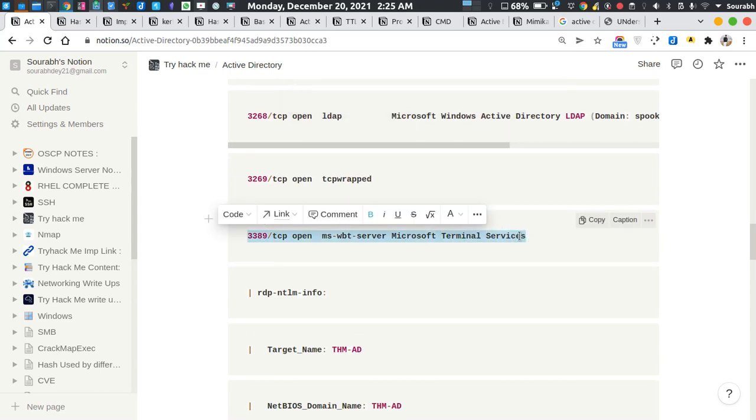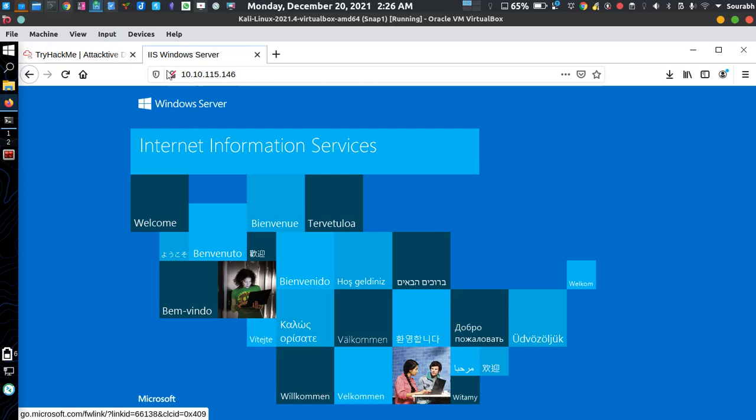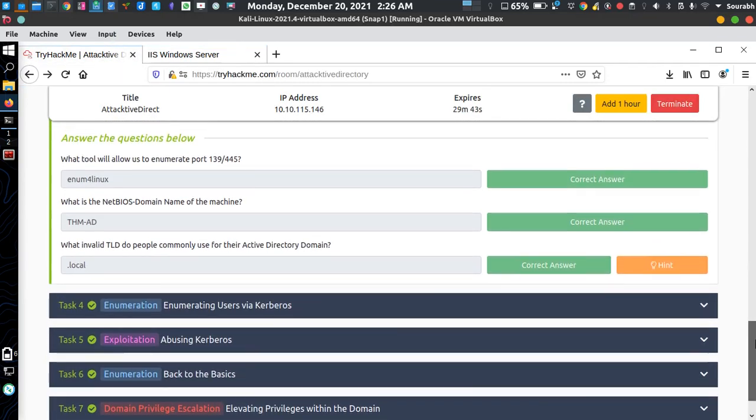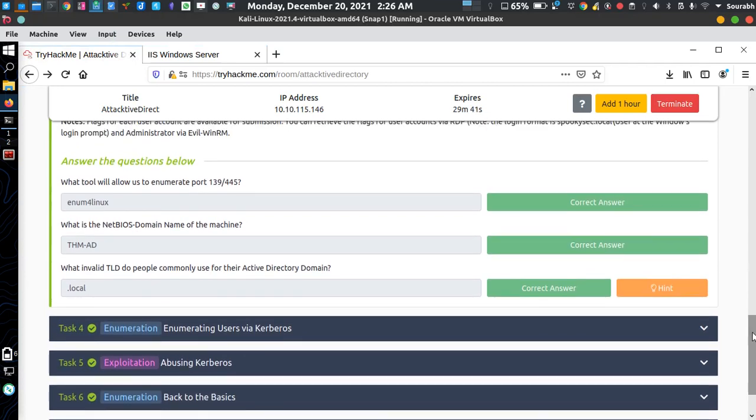And this is 3389. It is the most important port in a network. For example, if in a network you find this port open, then you just got a jackpot, because this port is generally used for RDP sessions, which is the Remote Desktop Protocol. It means that I can access that particular device by using any kind of RDP client. For example, in Windows, the RDP client is called Remote Desktop, but in Linux there are plenty of RDP clients.